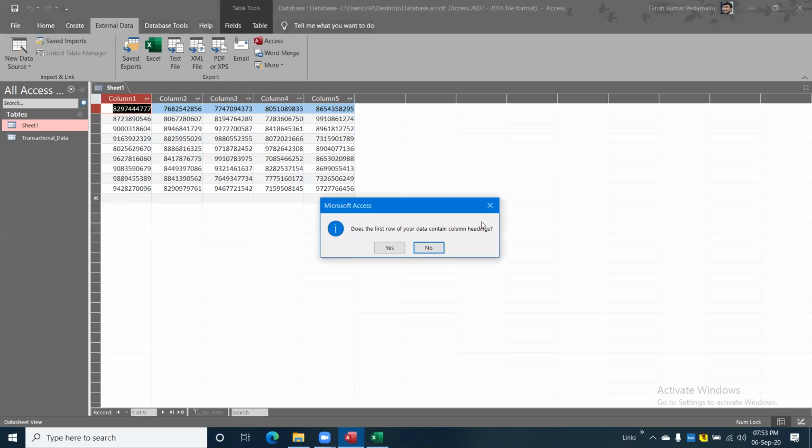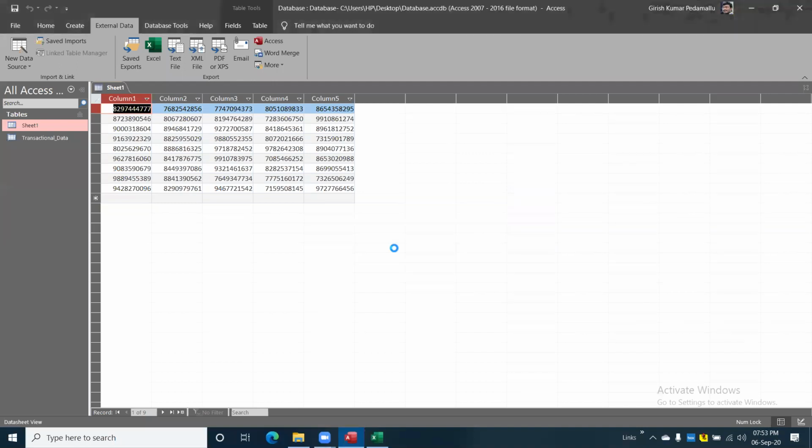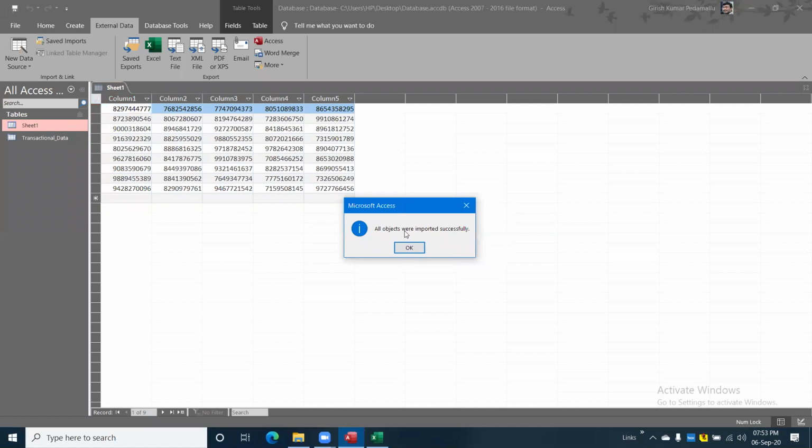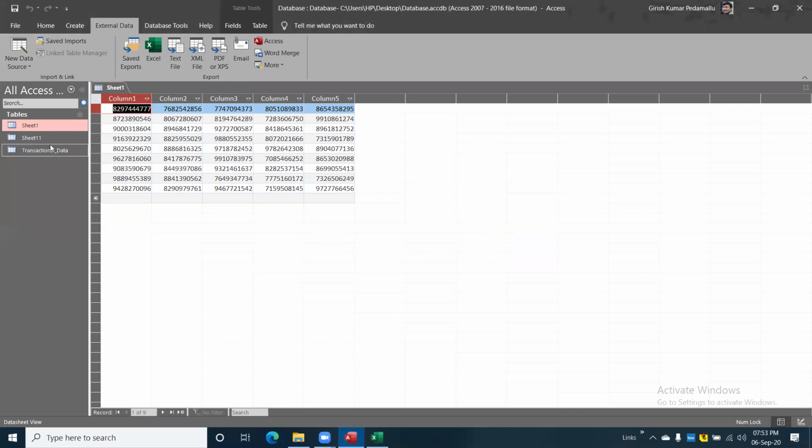See, it is asking whether you have column headings or not. It is there, right? That is the reason I'm selecting Yes. It is giving one more message that all objects were imported successfully. Click OK. See, now one more table got created.